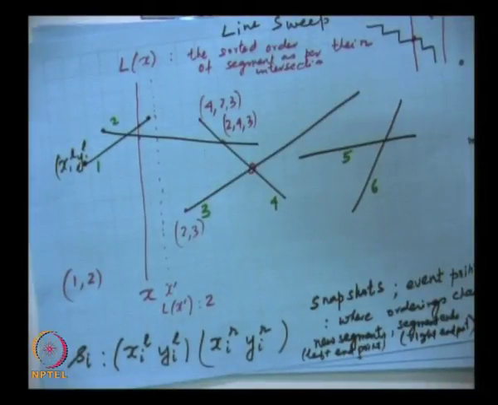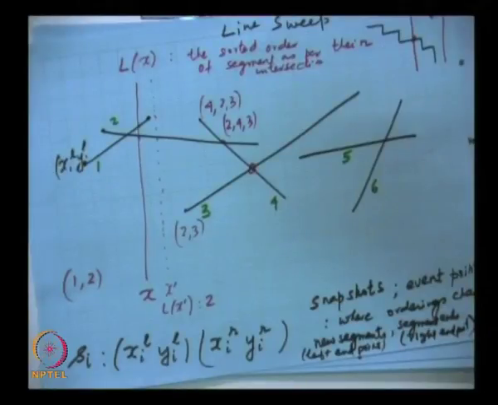My first event point has to be the leftmost endpoint, and the moment I sweep past that and reach the next line, I would have discovered the first intersection point, because it cannot occur before the two